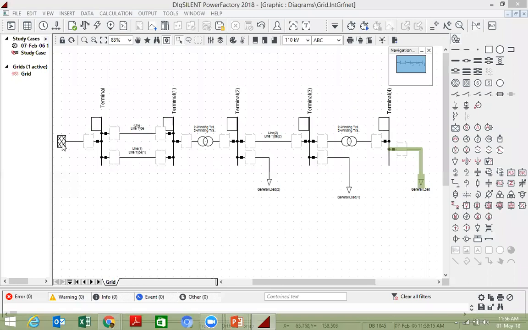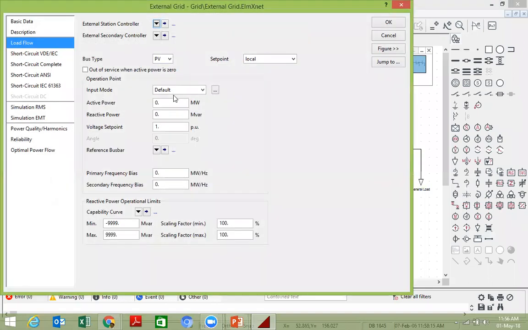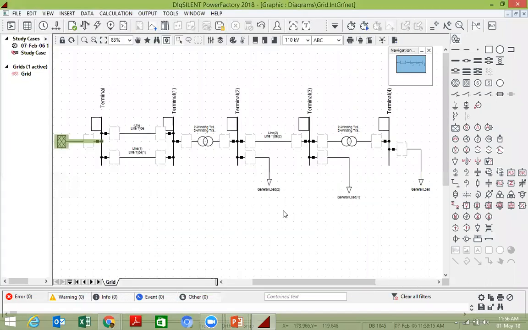Okay, one more. Just give this PV, okay, and give active power as 2 megawatts. Okay, so what we started from the terminals. This network is at 33 kilovolt. This is at a 33 kilovolt bus. There is no transformer, so this is also 33 kilovolts. This step down transformer steps down from a level of 33 to 11. Again, there is a line and then a load. Again, this bus also has 11. Then again, one transformer which is stepping down from a level of 11 to 400 volts. And then there are three loads and a